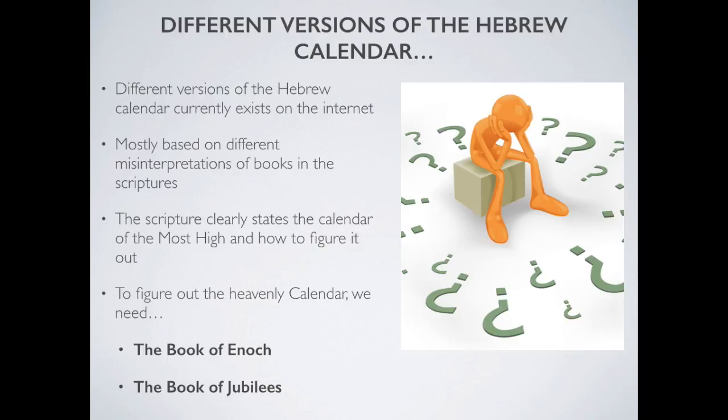That, in our opinion, is not correct and extremely unnecessary, because you can figure out the first and last day of the year, the new year of the year, from the scriptures. The scripture gives you a very simple method of figuring it out, and that's what we'll be presenting today. I've also seen some other people who what they do is a little bit complicated. They base their calendar on the war, or the wall of Jericho, that the war was 47 days, and they kind of take out one particular day as the